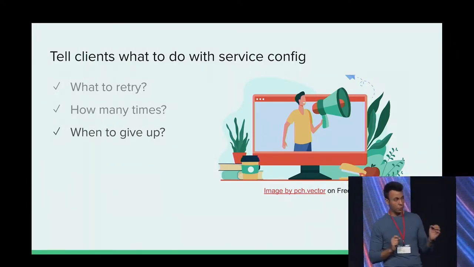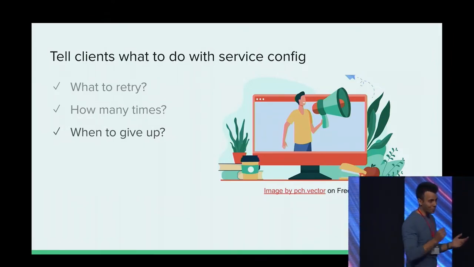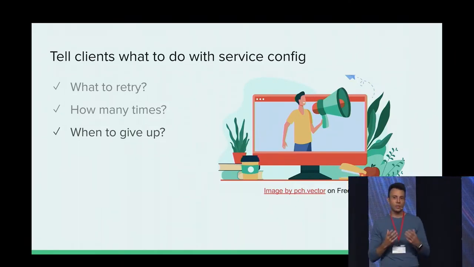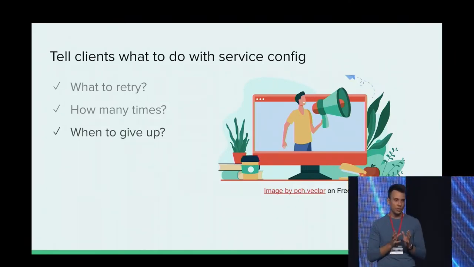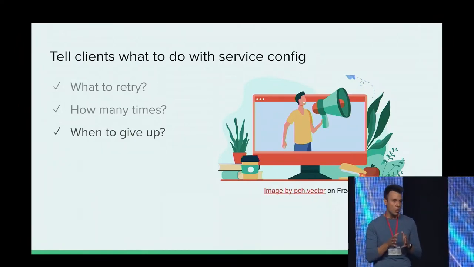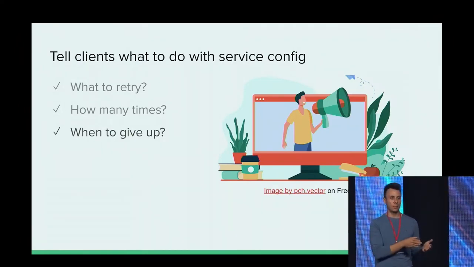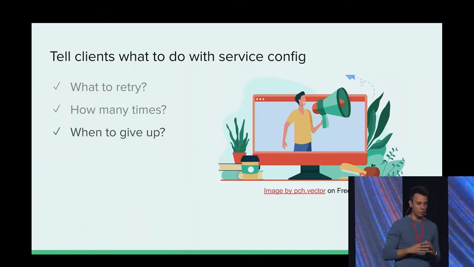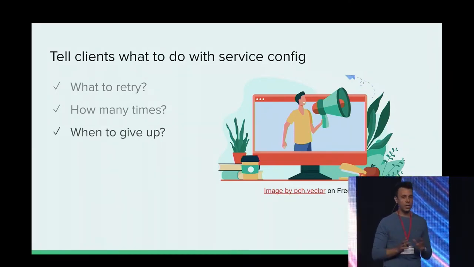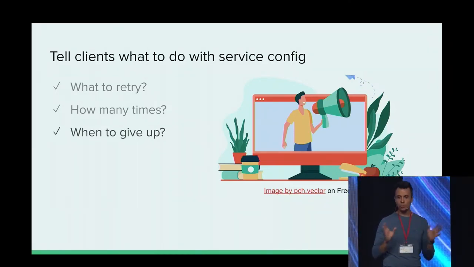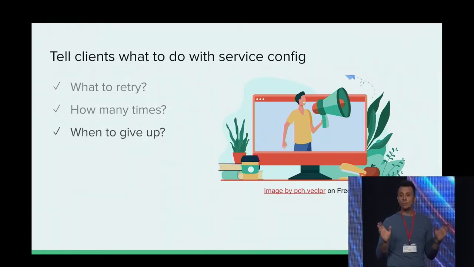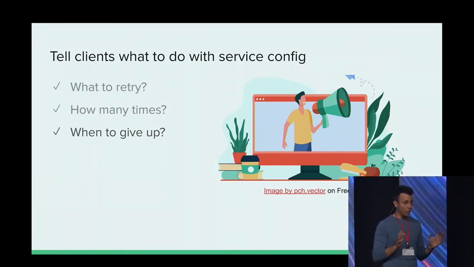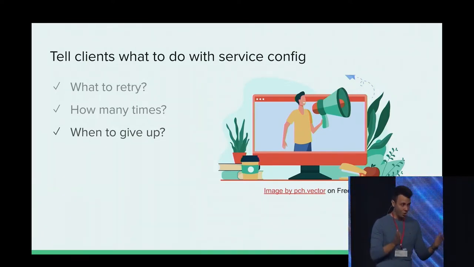gRPC has another mechanism, which is pretty cool, in my mind, and probably that's why they implemented it. Essentially, in service config, you can tell your clients what is the percentage of failures that they should tolerate through this retry mechanism. I explained that in lame terms. You can read the documentation that explains the algorithm there. But essentially, I can tell clients, okay, if you see up to 10% failure rate on my service, keep retrying. Probably we're doing something, but we'll be okay, right? However, if you see more than 10%, stop retrying.